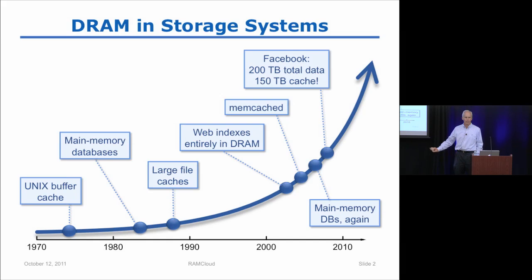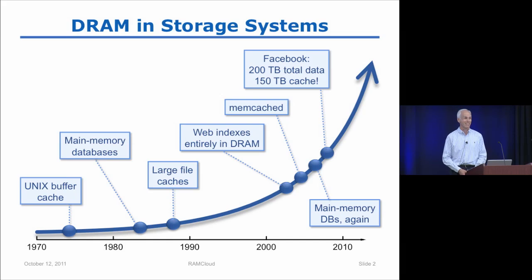Usage has gradually grown over the years, and over the last 5 or 10 years, we're seeing dramatic changes in the way people use DRAM. The DRAM is becoming the main storage system for many applications rather than just, say, a cache in front of a larger storage system. So for example, in 2009, Facebook had about 200 terabytes of data total in their structured data set, ignoring images. And they had about 150 terabytes of memory in caches throughout the system. So they had enough memory to store 3/4 of all the data in their database.